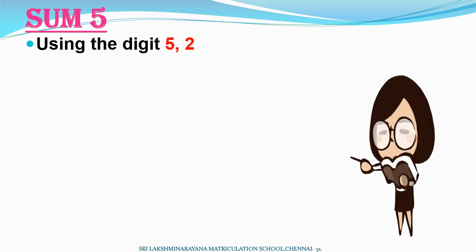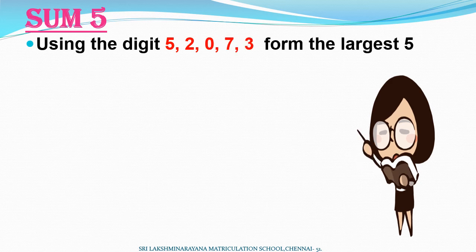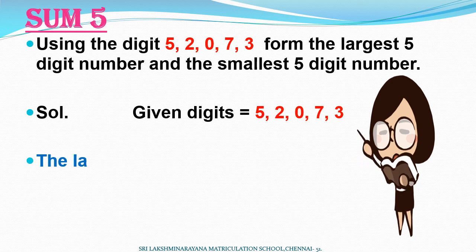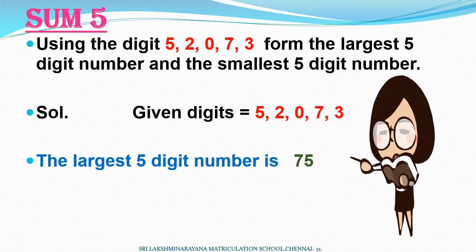Using the digits 5, 2, 0, 7 and 3, form the largest 5-digit number and the smallest 5-digit number. So let us write down the given digits 5, 2, 0, 7, 3. So these are the given digits. Using this, first we will form the largest 5-digit number. So for largest, we have to place these digits in descending order. So the largest among these digits is 7 followed by 5, 3, 2 and 0. So the largest 5-digit number is